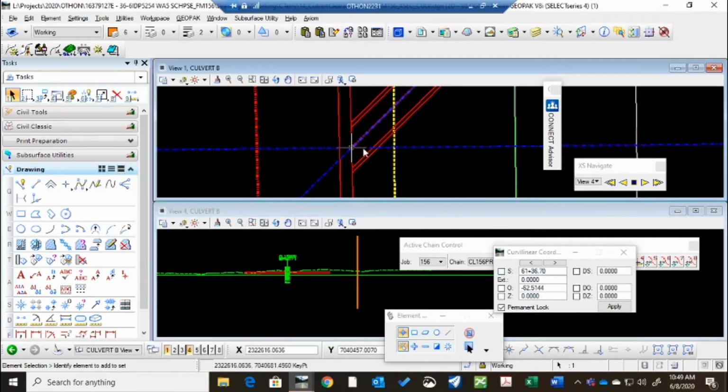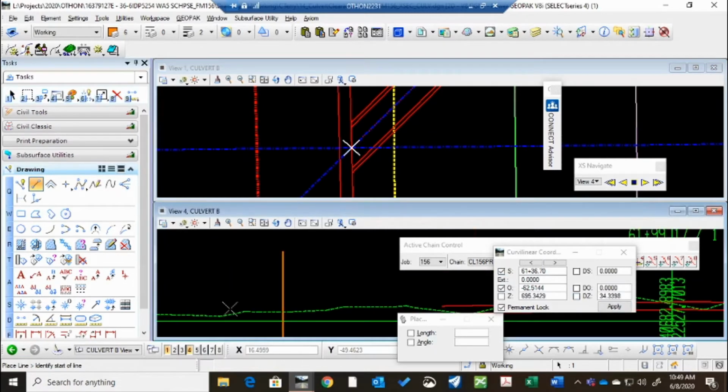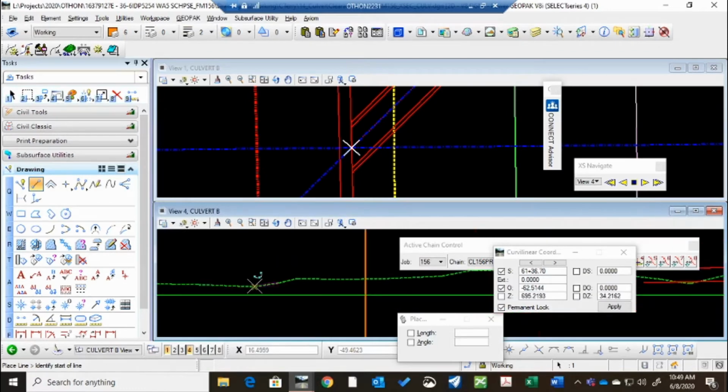Click our point. And we lock the station and offset, hit apply, draw a line in between the two. So in this area, the lowest we can go is right here. So we'll bring that, take the locks off,